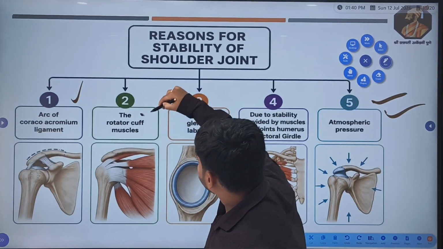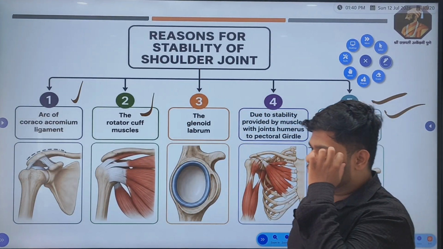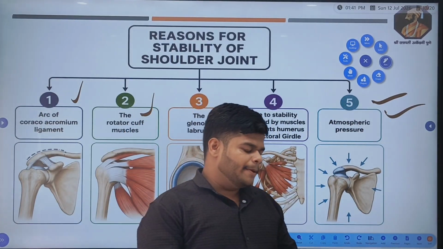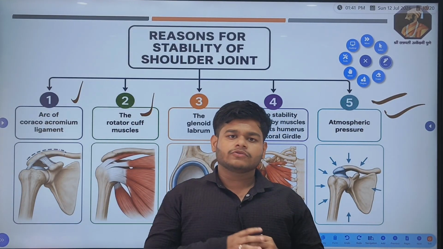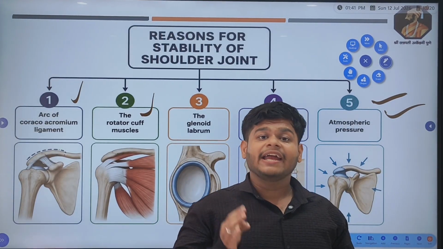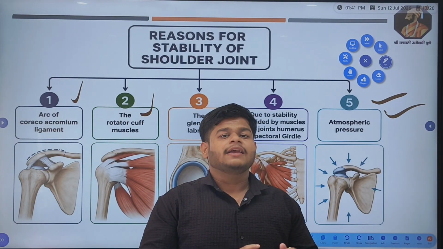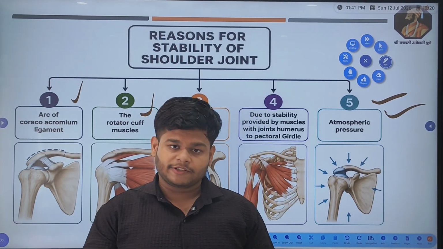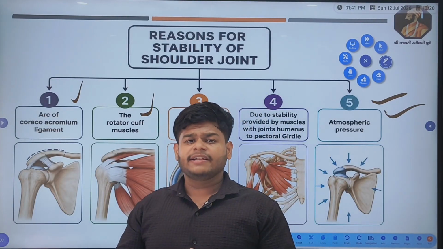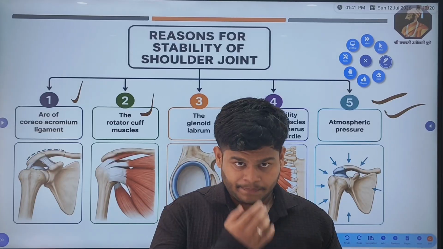The second one is the rotator cuff muscles. Now rotator cuff muscles are called musculotendinous muscles. What is the meaning of this? It is the tendons of some muscles, which are the SITS muscles. SITS is a short form, you can learn it very nicely. S stands for supraspinatus, I stands for infraspinatus, T stands for teres minor, and S stands for subscapularis,